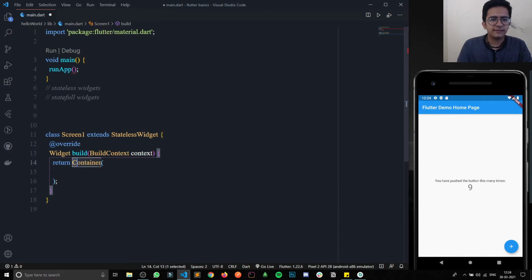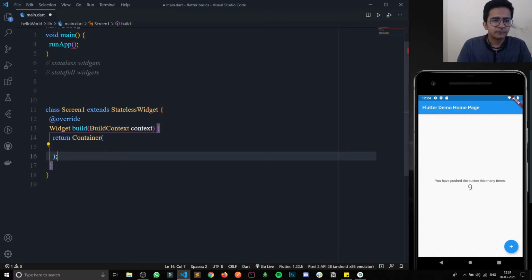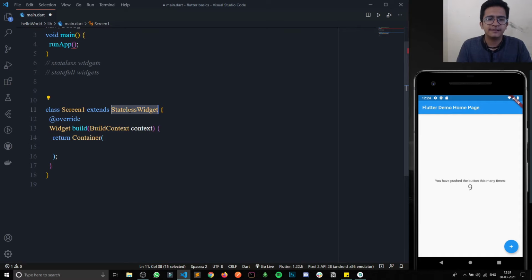So here you can see we are getting a container, right? This is the declaration of the class, and we are telling it, hey, this is a stateless widget. Inside the stateless widget we are getting a built-in, predefined function which will build something. The name of that function is also build, so we can assume that it will build something, right? Inside that we are returning something, and here it is a container.